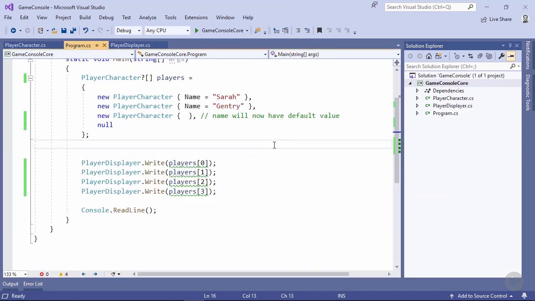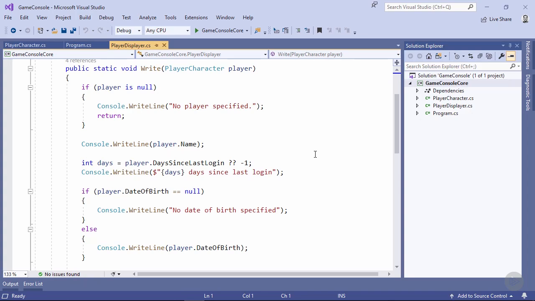Let's instead think about the design intent of the player displayer's write method here. Notice this write method takes a non-nullable player character instance, and that's why we're getting these warnings. Also notice there's a bit of a disconnect here. We've got this null check code, but the player character is non-nullable. This parameter is saying that nullable player characters shouldn't be passed to this method,